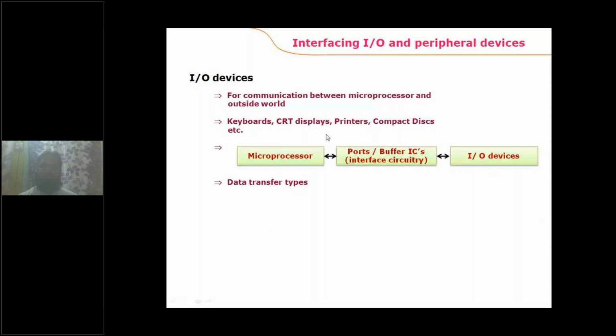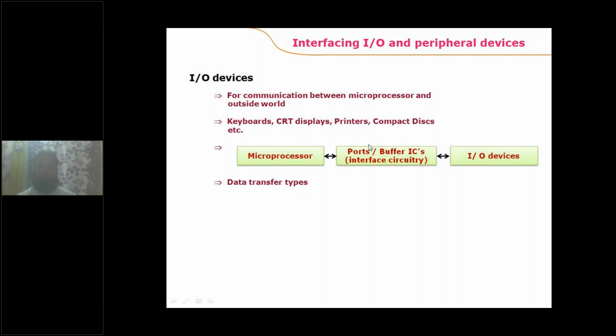Ports are elements which carry the data between input output devices and the processor. There are some ports which are input, there are some ports which are output. The port which is connected to the input device is called an input port, and the port which is connected to the output device is called an output port. And similar to the address for a memory location, the IO devices also consist of some addresses. And these addresses are not the address of the IO devices. These are the address of the ports.